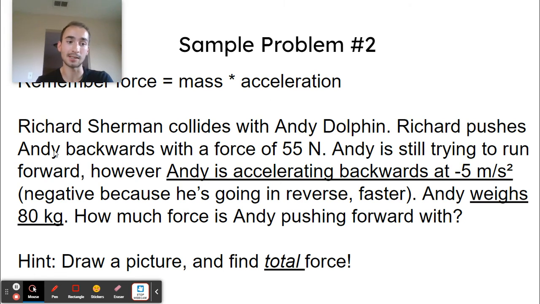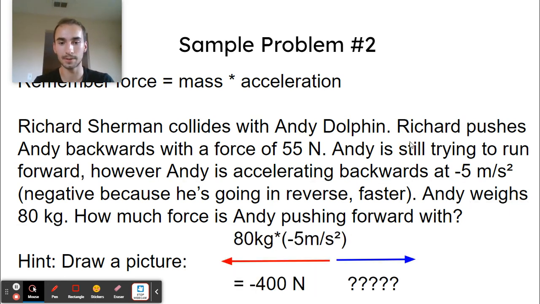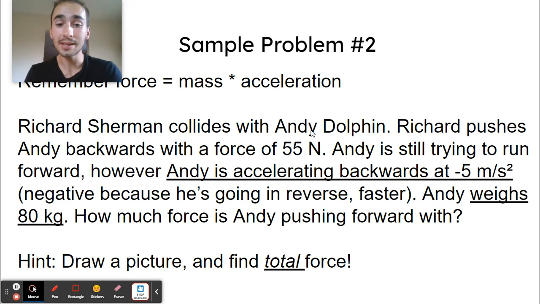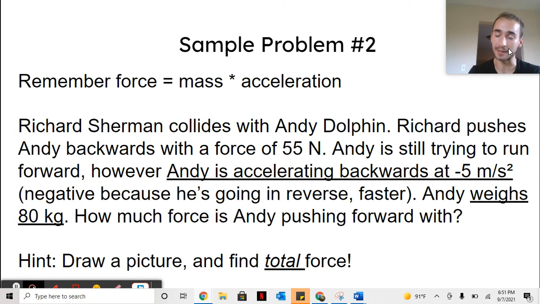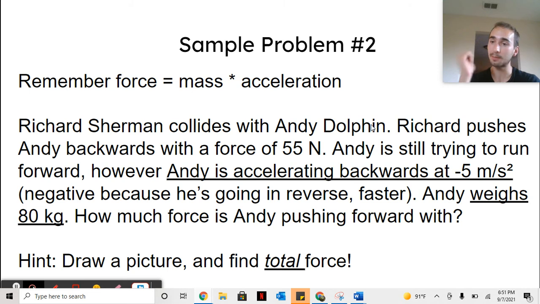So we know at the end Andy's going backwards with a force of 55. Trying to figure out how much the person is pushing, draw a picture with some arrows to find the total force. And you can use the numbers that I underlined here. So if Andy is accelerating backwards at -5 meters per second squared, and he weighs 80 kilograms, to figure out the force of that at the end, so he's going back 5 meters per second squared, and he weighs 80, the force of that is going to be